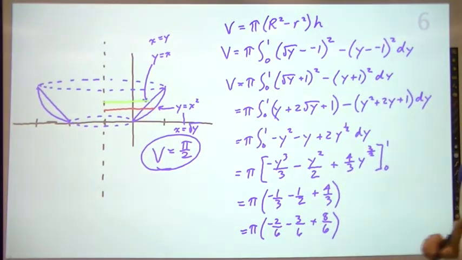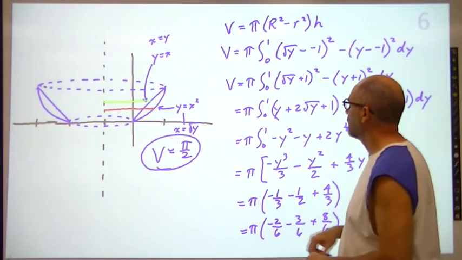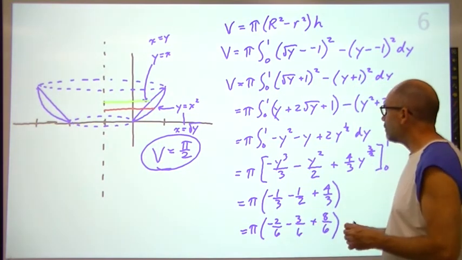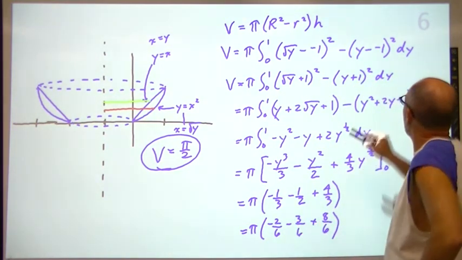And yeah, it's always happy when it's the same thing the book gets. All right, so like I said, the toughest part of this